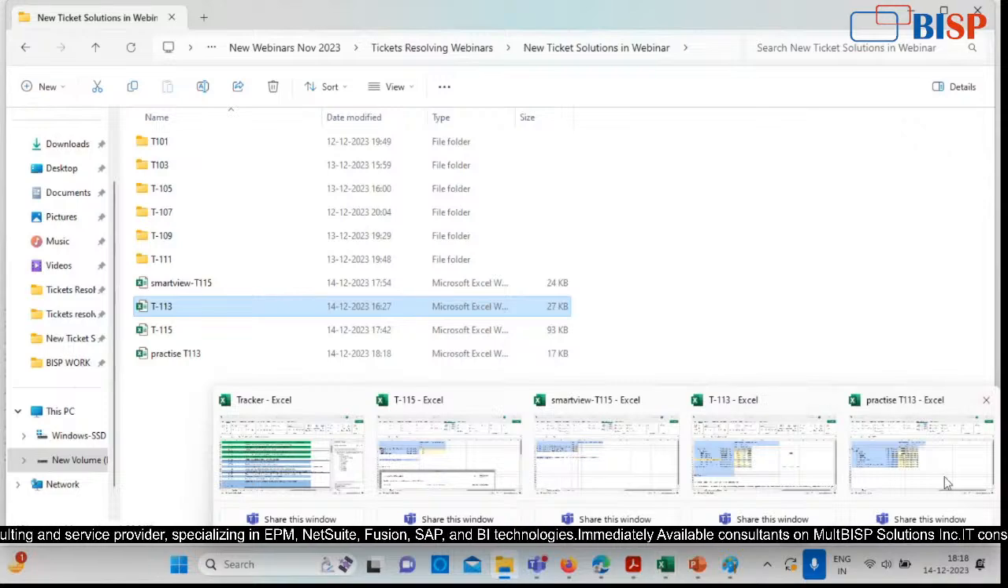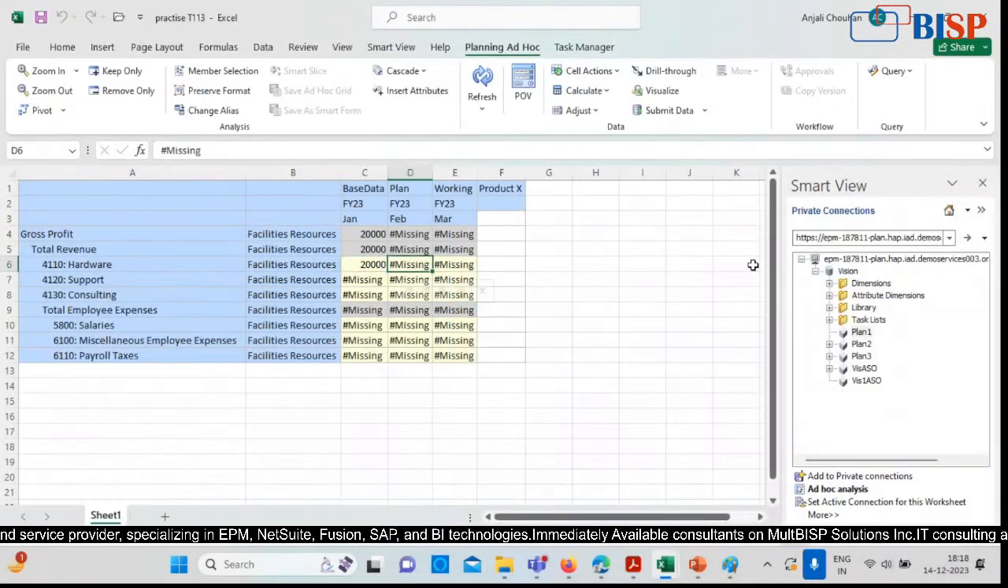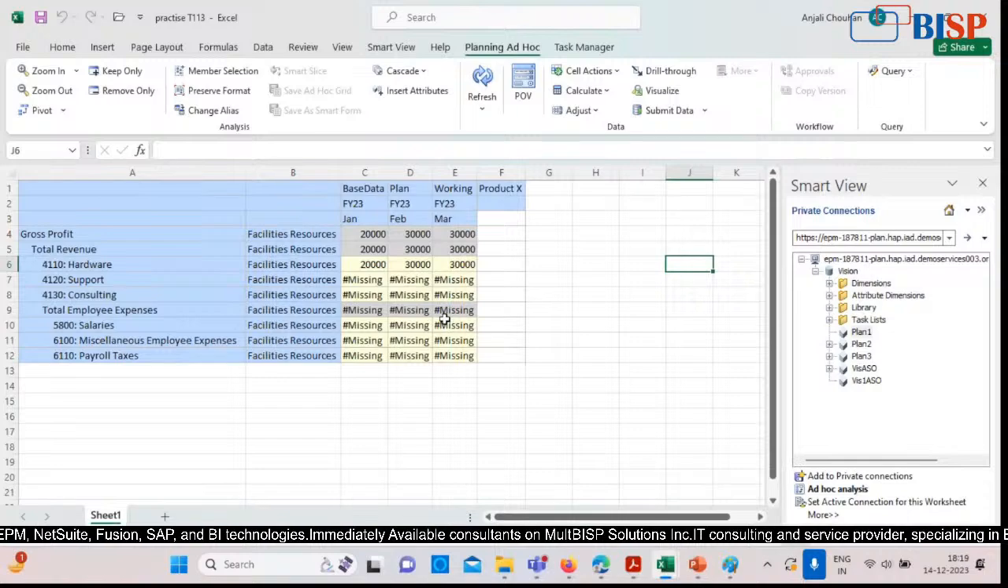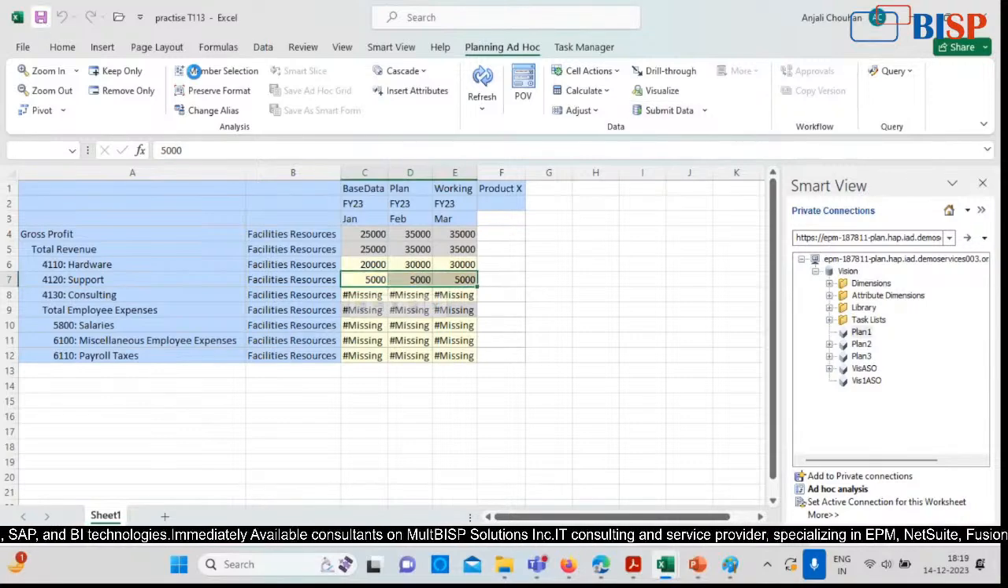So go back to the Excel sheet and here give the further values 30,000. Let's take 30,000 and 30,000 here also and submit data. Now again 5,000 and let's drag it, submit data, save it and refresh. 10,000, submit data and